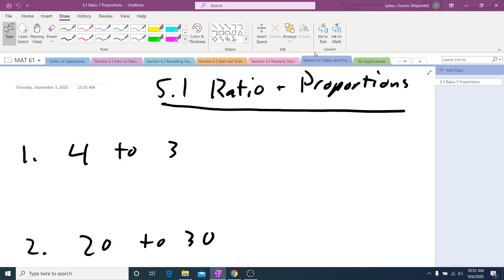One thing with ratio and proportions is I want you to think of fractions. When we're dealing with ratios, we deal with fractions. Then when we go on to the proportion parts, that's where we're going to incorporate the ratio into fractions. So the first one,